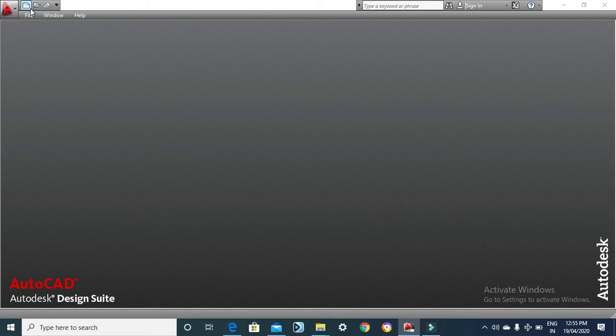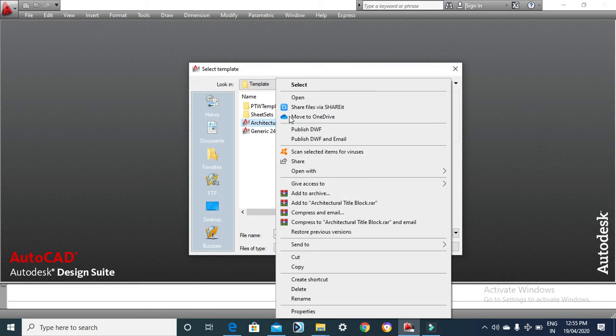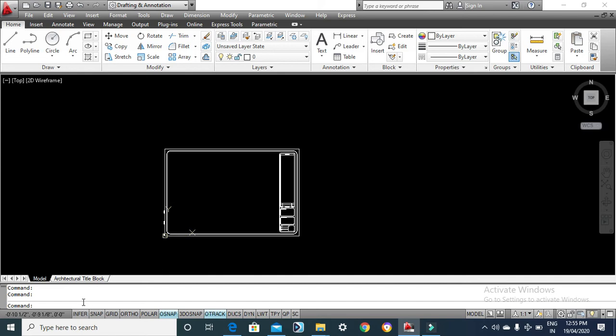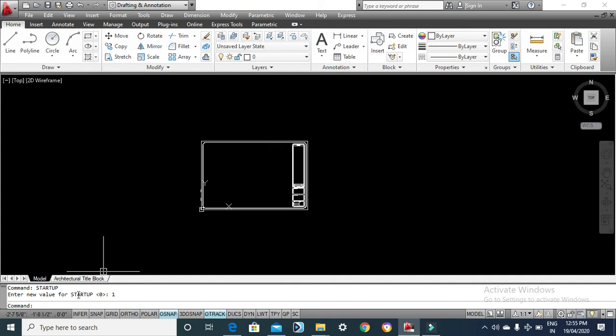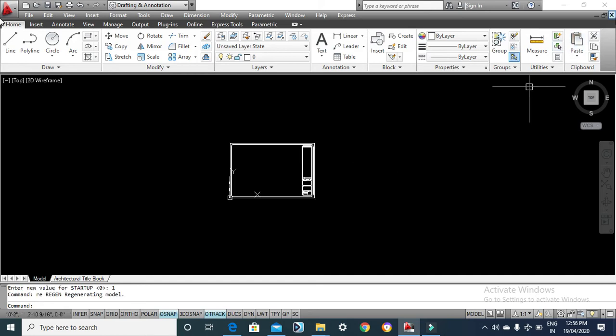Now watch carefully. You may start any drawing, come to the command prompt, type RE, enter for regeneration, type STARTUP. See, this is STARTUP. Click enter. Now the default value of STARTUP is 0. 0 means off. As in my earlier videos you have seen, 0 means off, 1 means on, 0 means false, 1 means true. So I make its value 1, I make it on. Enter, so the value 1 is stored for the system variable STARTUP.